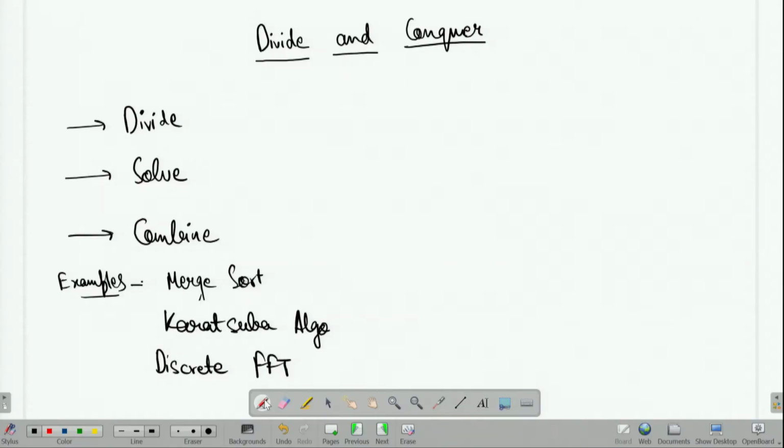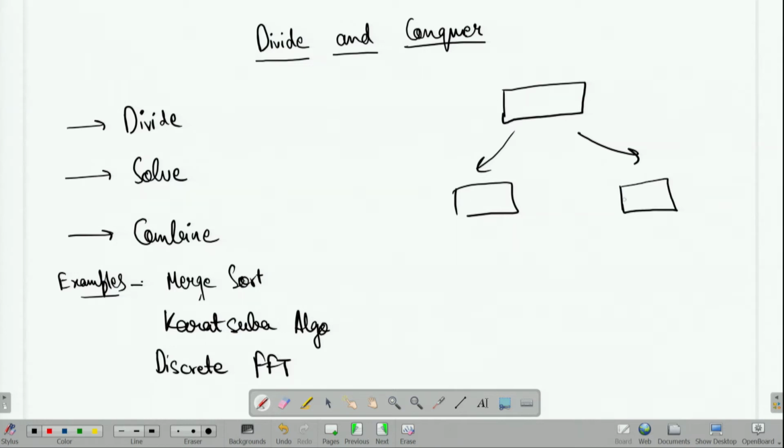Let's look at divide and conquer strategy, which is used in many areas of computer science to solve complex problems. What it mainly concerns is taking a big problem and breaking it down into two smaller subproblems, and then if the smaller subproblems are easier to solve, solving them individually and then finding a method to combine them to make a valid solution for the larger problem.